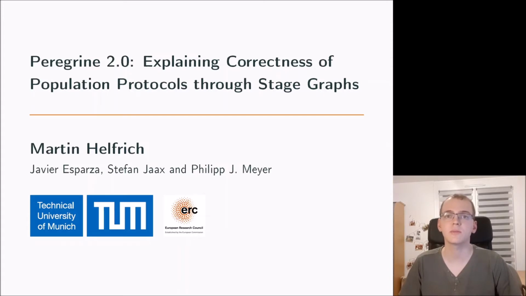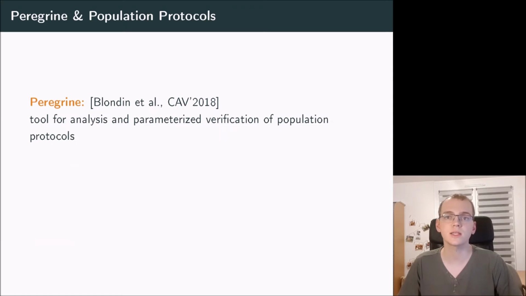Today I will present the paper Peregrine 2.0, explaining correctness of population protocols through state graphs. In this joint work with Javier Esparza, Stefan Jaax and Philipp J. Meyer, we present a new version of Peregrine. Peregrine is a tool for the analysis and parameterized verification of population protocols that was introduced in 2018 by Blondin